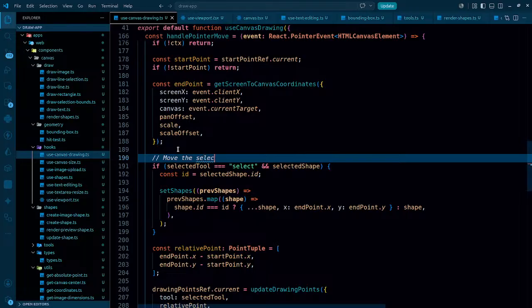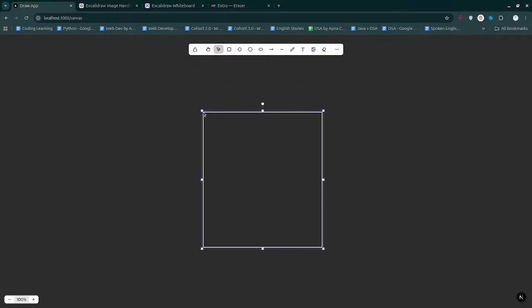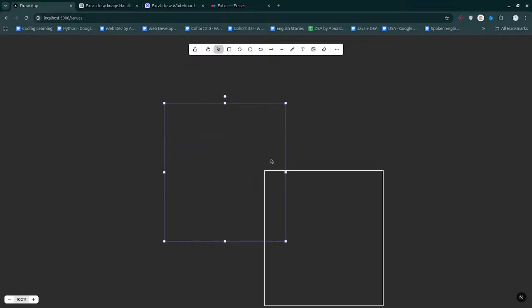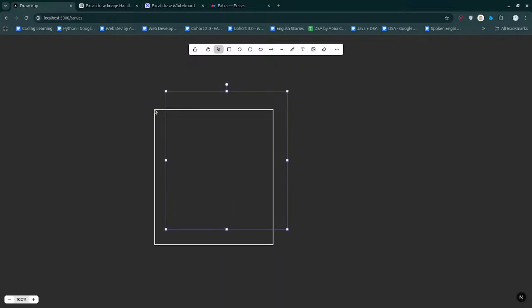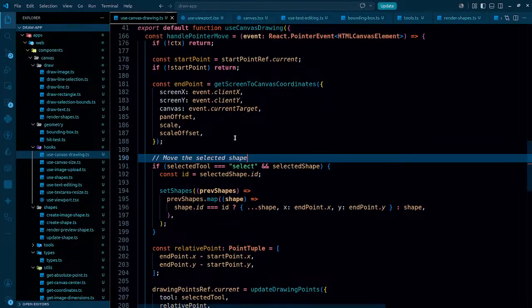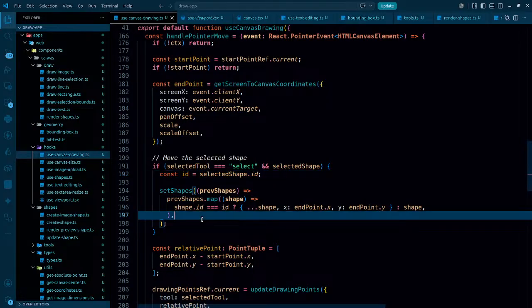move the selected shape. Let's see. So we are actually able to move the shape, but the way it's getting done, that's insane. The good thing is that we are able to move the shape. What is the other thing? The other thing is that when mouse up happens,